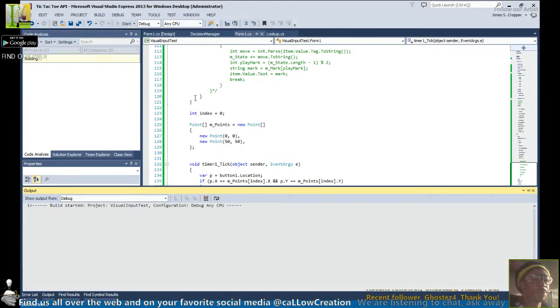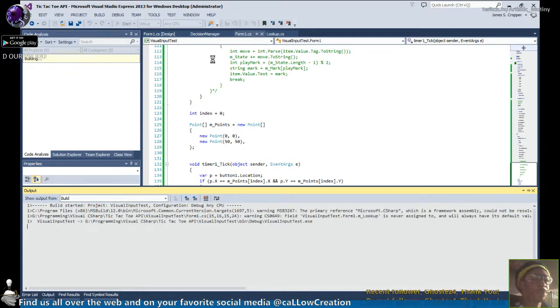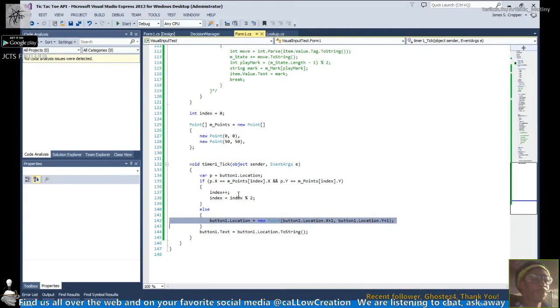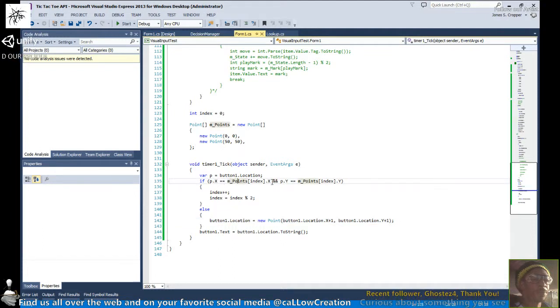This is the general method. If I was in Unity, it'd be nicer to show you from that perspective. Okay, I just had a hit on there, but it doesn't. If my location is equal to the point's X,